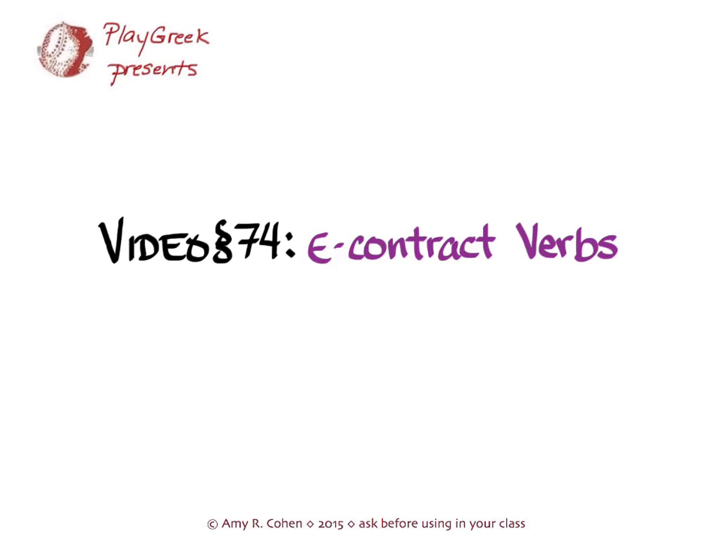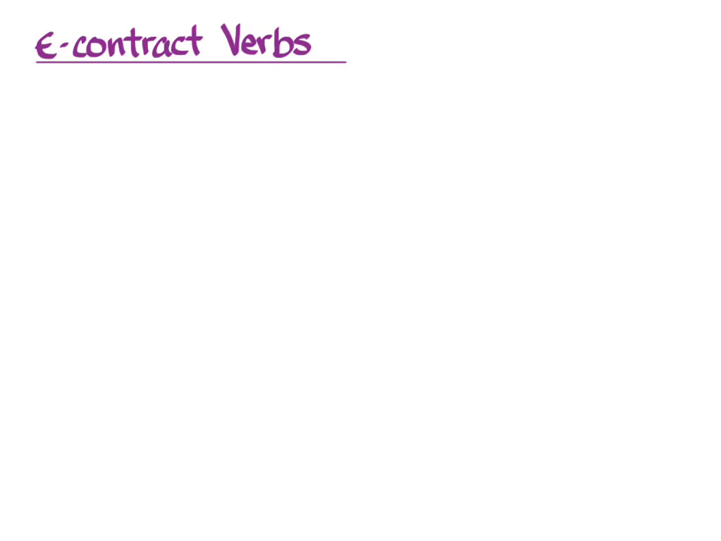This video goes with section 74 of Hansen and Quinn's Greek: An Intensive Course and covers epsilon-contract verbs. You can find the material in Hansen and Quinn on pages 236 to 239. I'm going to start by explaining what epsilon-contract verbs even are. If you've already covered this in alpha-contract verbs, you can skip ahead to the presentation of the forms starting with